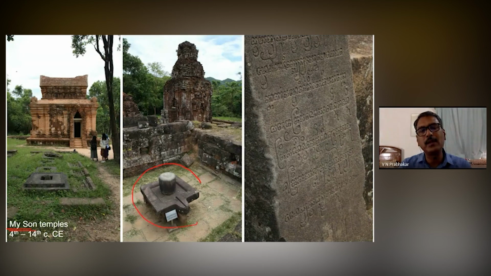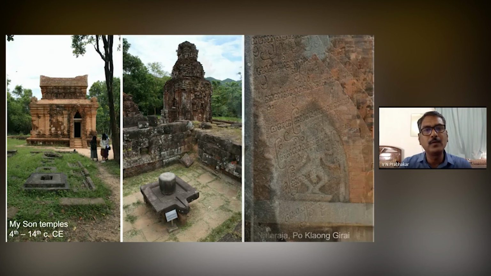century CE onwards. We have complete examples of temples, temple complexes here at Mi Son. There are at least 7 temple groups with Sanskrit inscriptions in the local script, but they were all derived from the Brahmi script of the Indian subcontinent. So they have a very long continuation. We have Sanskrit inscriptions. The rulers all have Sanskrit names. They followed the Saivite religious faith, and there are large temple groups also.